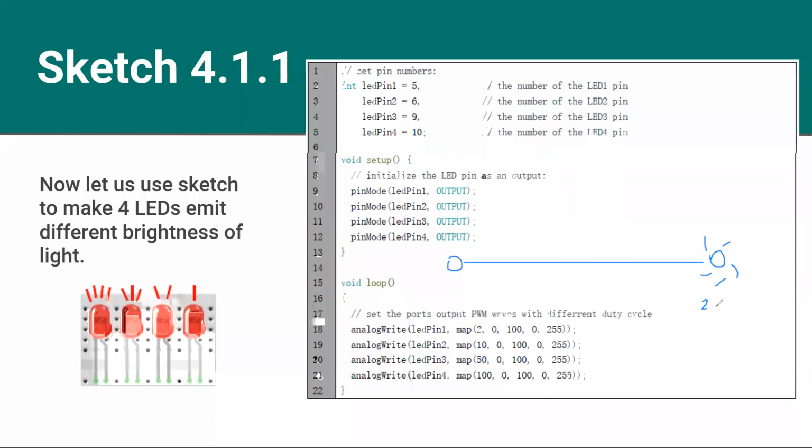In the analogWrite function, we write 255 to fully turn on an LED, and 0 to turn off an LED, right? With digital, you can say low or high, but you cannot achieve a medium brightness. That is either low or high, either off or on. So if you want to achieve a medium level of brightness, or to adjust the brightness like we did before, you have to use analogWrite. With analogWrite, you can achieve brightness levels from 0 to 255, right?